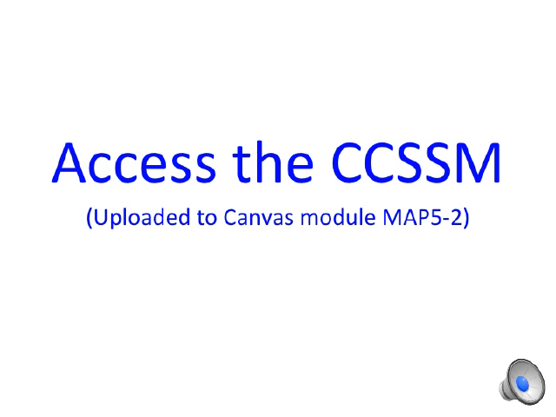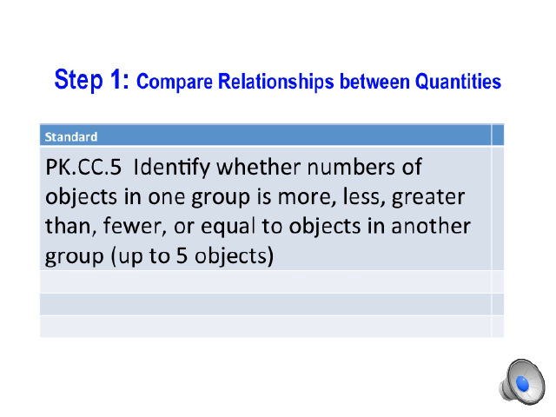Looking at the CCSSM document, looking at pre-kindergarten to K, what standard do you think will address my topic? Again, my topic is compare relationships between quantities. You may want to pause the video here as you locate this standard. So, Step 1, you were to locate the standard that will be unpacked. Did you locate the pre-K standard